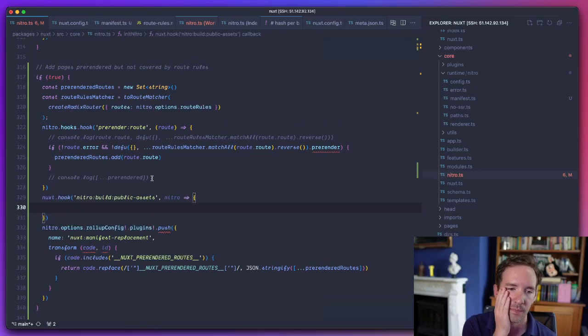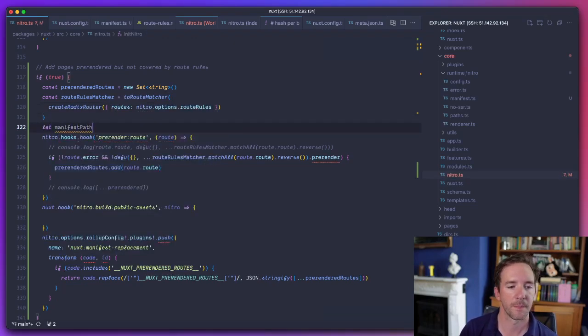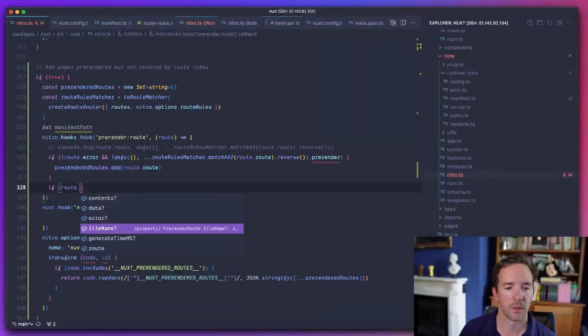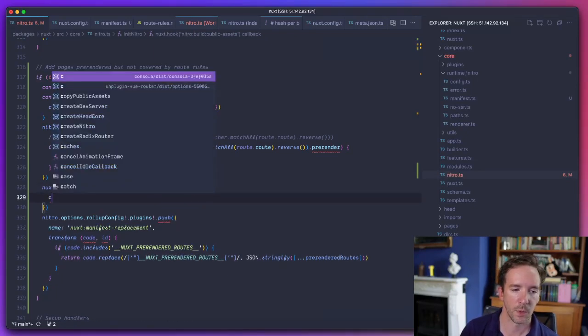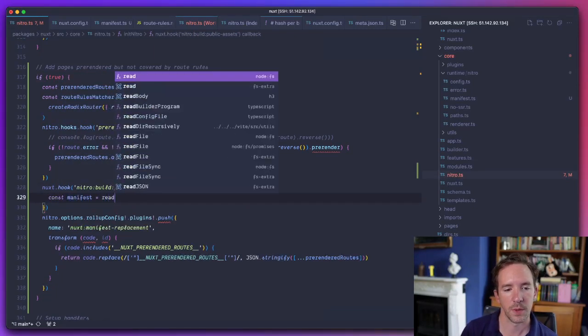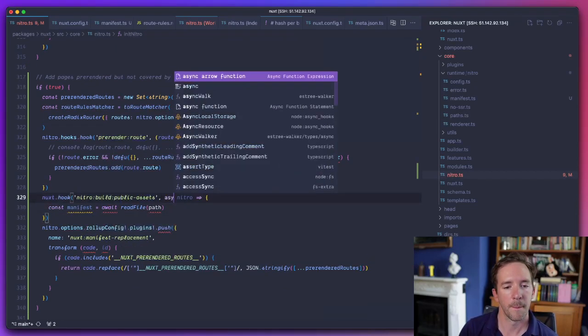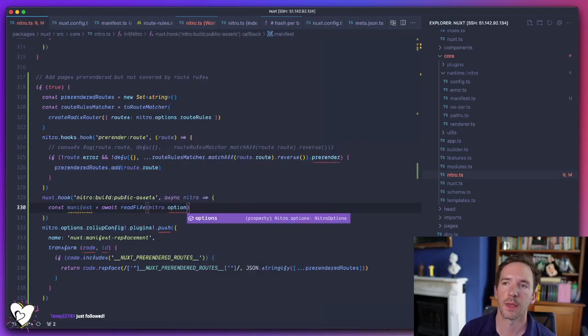So let manifest path if const manifest equals read file where are we outputting it? We're outputting it in